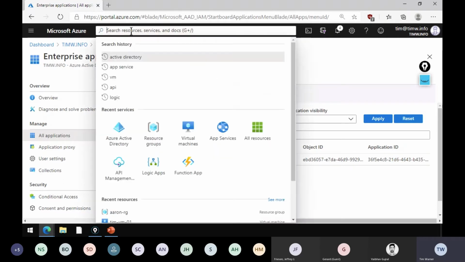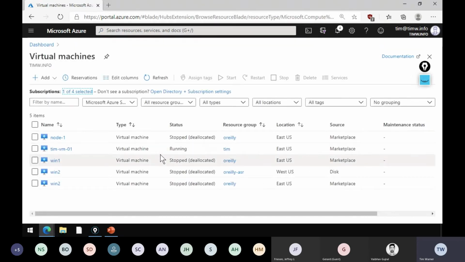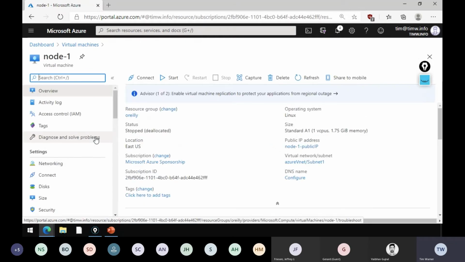And that brings up yet another idea, and that is the managed service identity. If you do a search, well, first of all, let's go to virtual machines. Let's say you've got a virtual machine and it's running source code. Let's pick node one machine. I wish they weren't all stopped. Shouldn't be a problem. But let's say we've got code on this node one machine and it needs to interact with, say, a Key Vault. Maybe it needs to authenticate into an Azure Key Vault to fetch a secret, right?